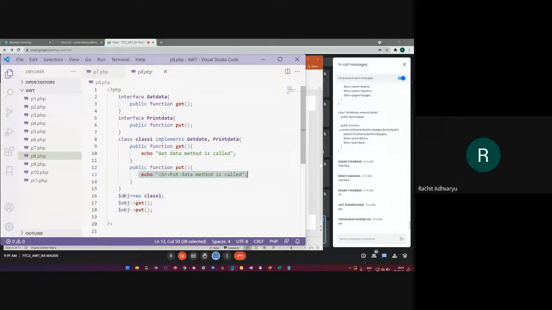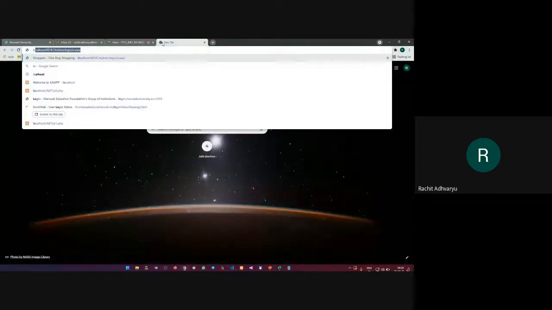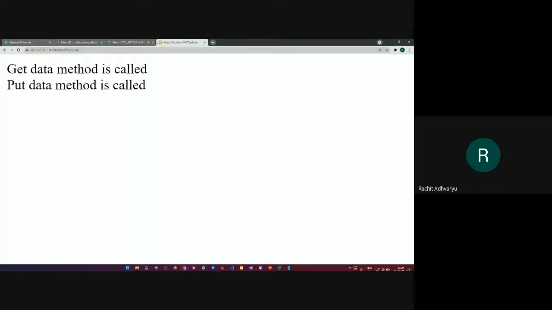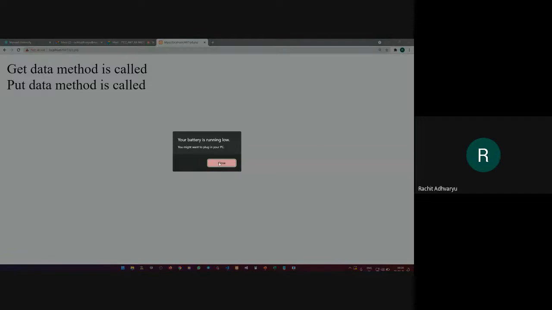Now I'm going to create the object of the child class, and we are just going to call both the methods of that child. If I save this and execute it, let's see whether it gets executed. P8. You can see get data method called and put data method called.